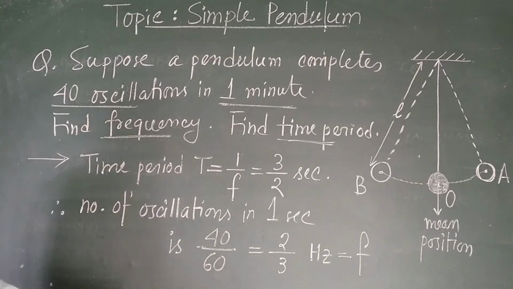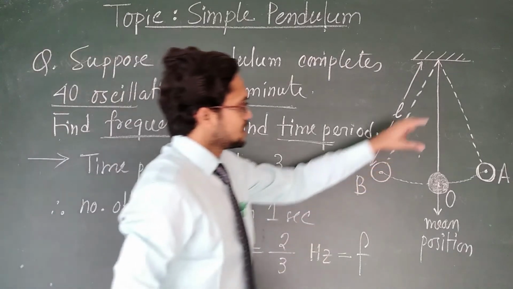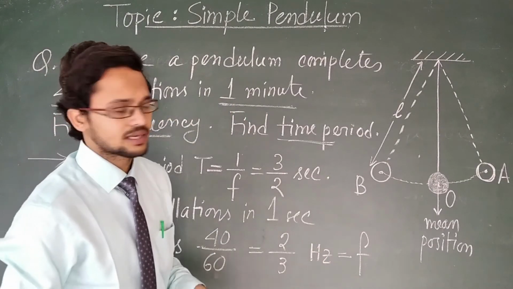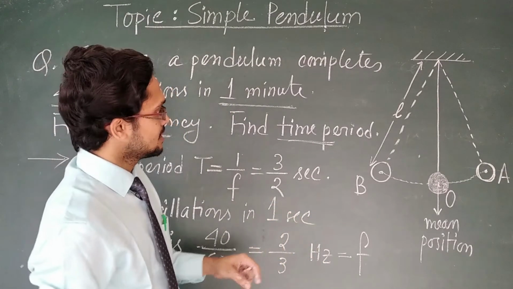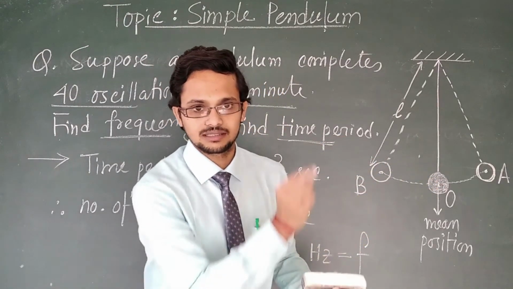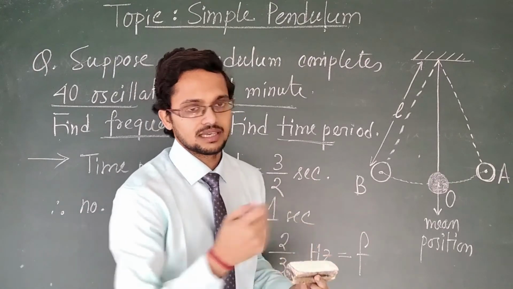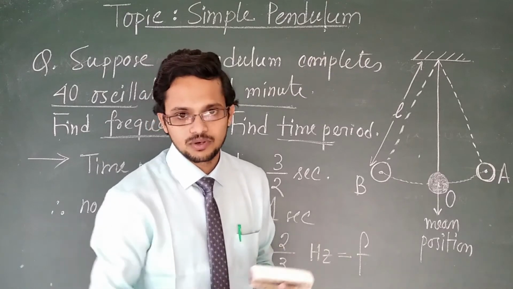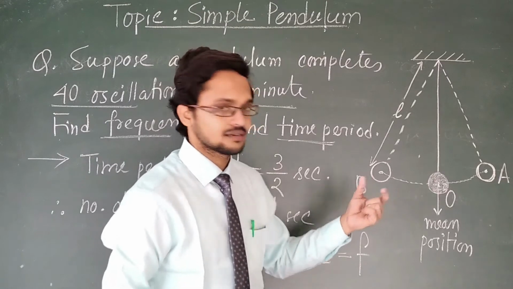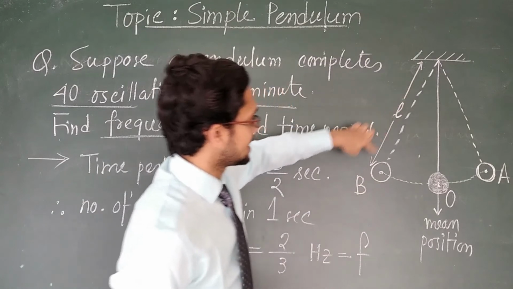Okay, understand? Now we will see. Suppose you are using this pendulum and you are doing an experiment. From that experiment, you are finding the time. The pendulum is oscillating, and you are calculating the time, looking at your watch or stopwatch. So we can observe time, and another thing we can observe is this length.